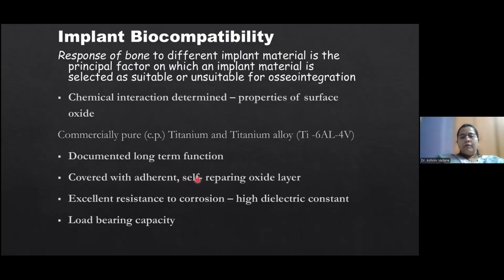So first, we will go through this. The first one is implant biocompatibility. Response of bone to different